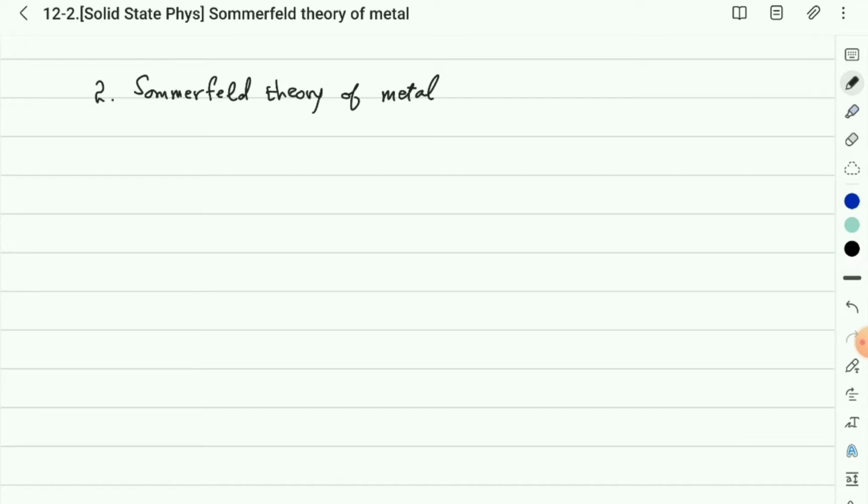Sommerfeld is one of the big figures of the quantum mechanical period in the early 20th century, right? Anyway, the Sommerfeld theory deals with the quantum mechanical description, and he treats metallic